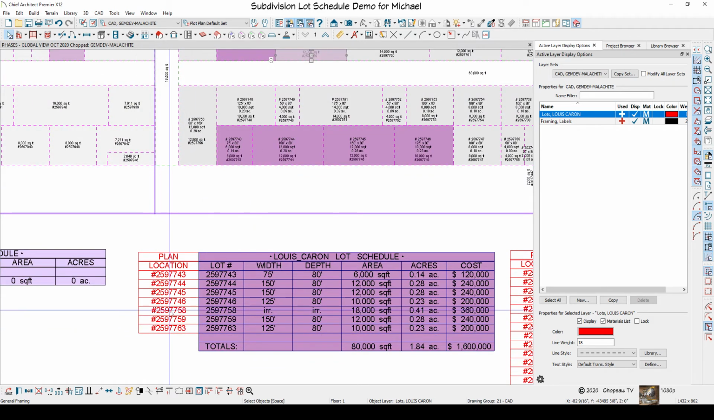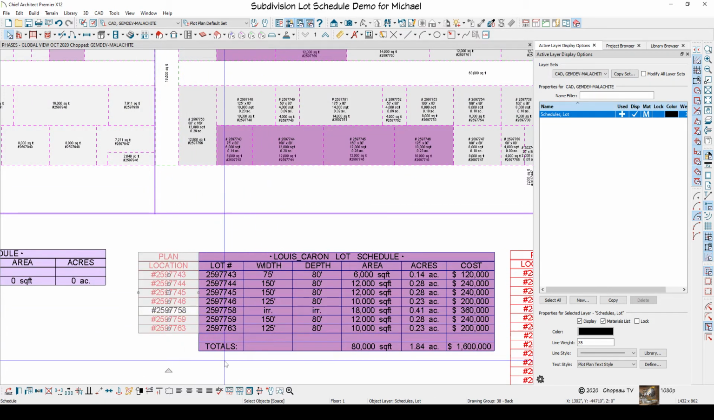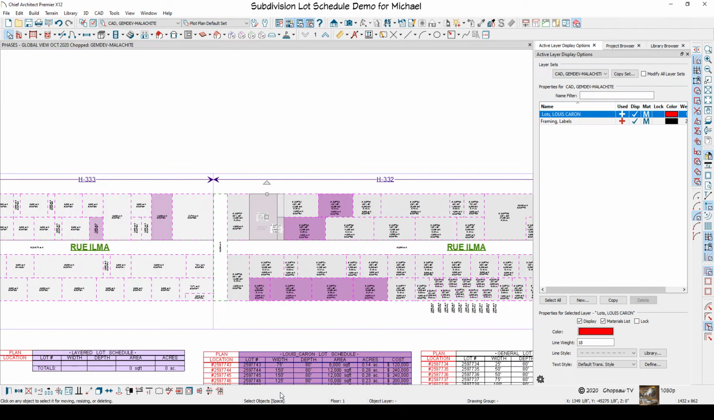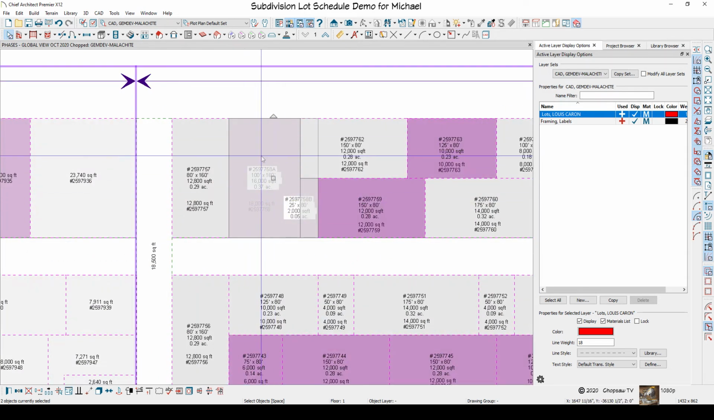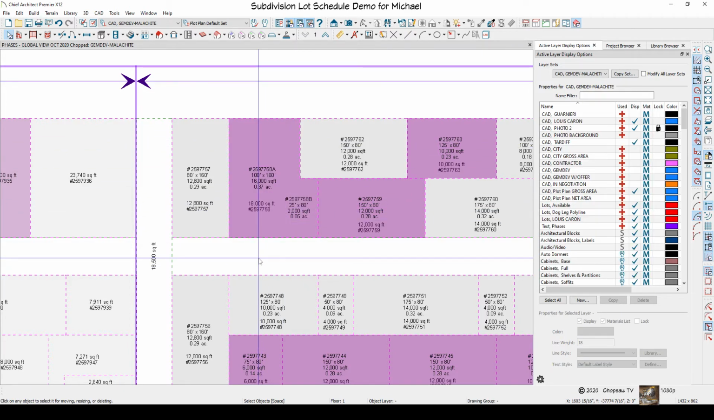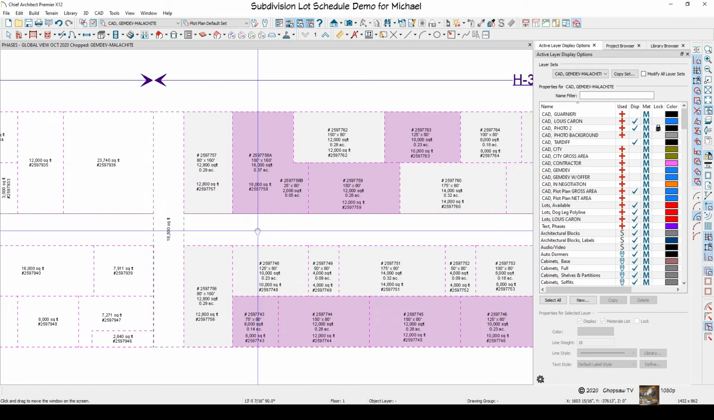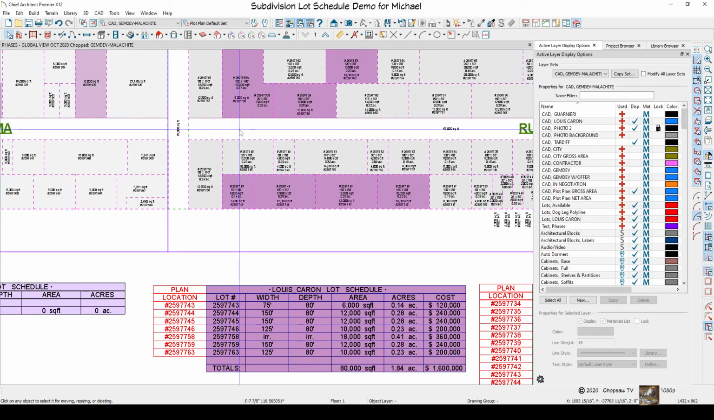So let's see, 58 is one we're working on. So find and plan is here. And it'll jump you to and highlight, in this case, both sections of the lot you need to find. And this last version of the plan,